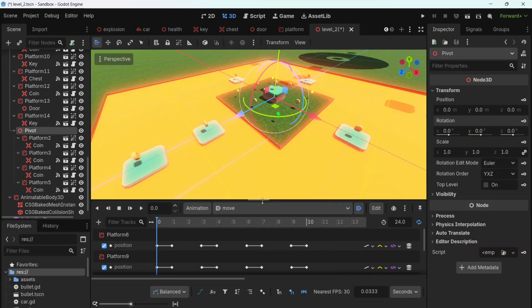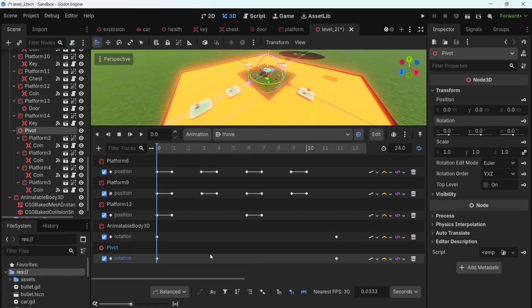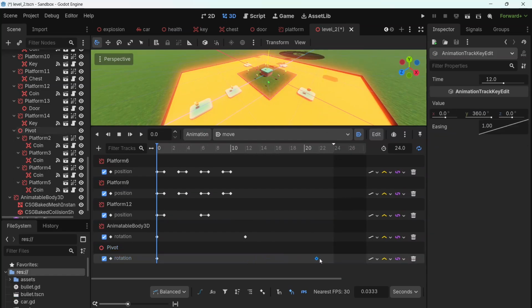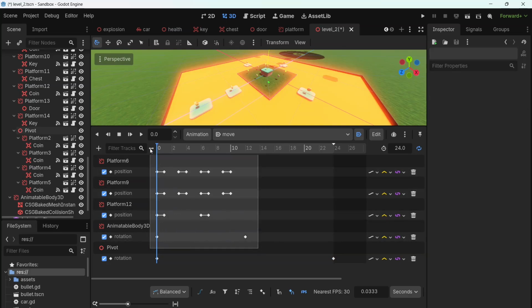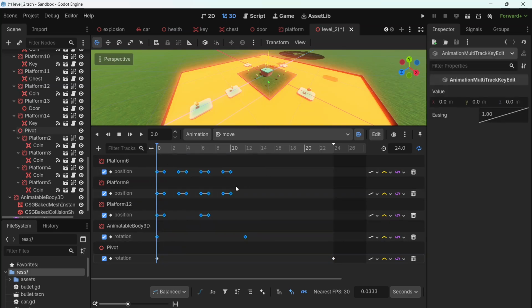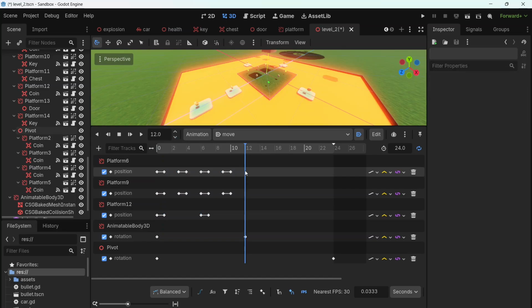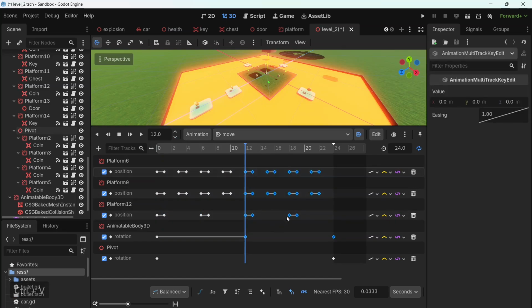I'm going to find my rotating pivot, and drag this last frame out to 24 seconds. That's when it's going to have rotated 360 degrees. All of this I'll just be able to copy paste, grab all of those other animations that I've got, Control C, go to 12 seconds, click on the first track and Control V to get a copy of all of